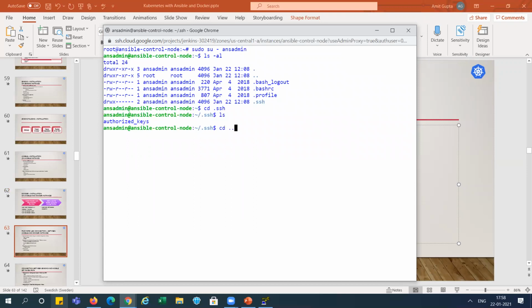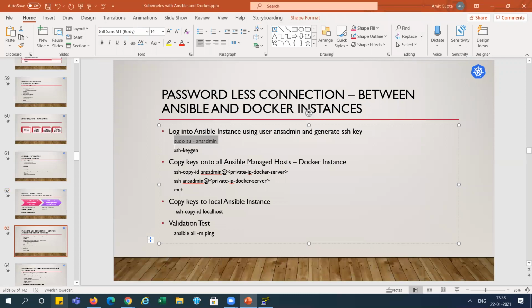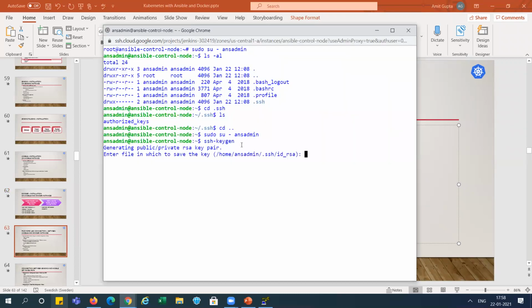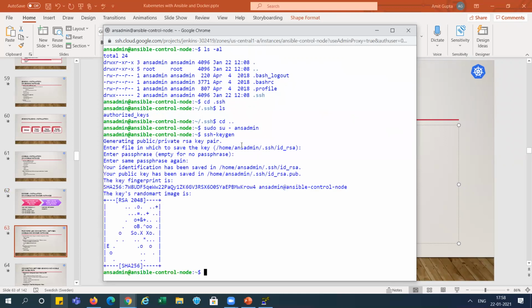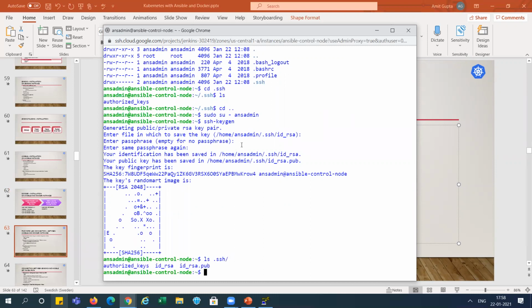So we will generate the key over here, right? Using this command. Now you can see it has generated the public and private key both, right?